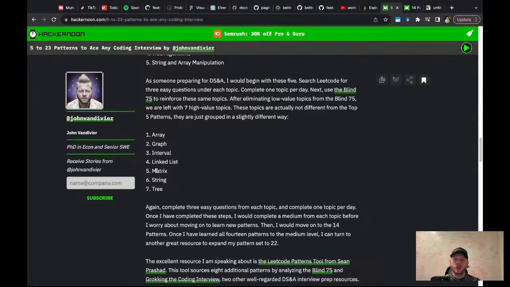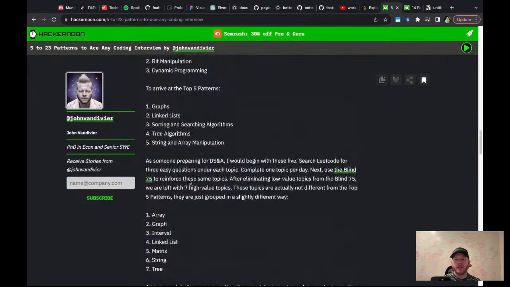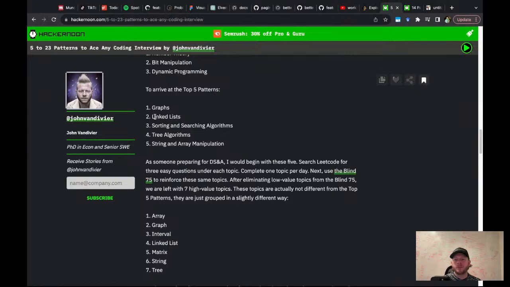For example, you might use array operations and depth first or breadth first search. Or you might use a tree with a string, like maybe a trie. Or you might use a graph with DFS or BFS. Or you might use a sorting or searching algorithm on a tree. So you see these combinatorial problems.